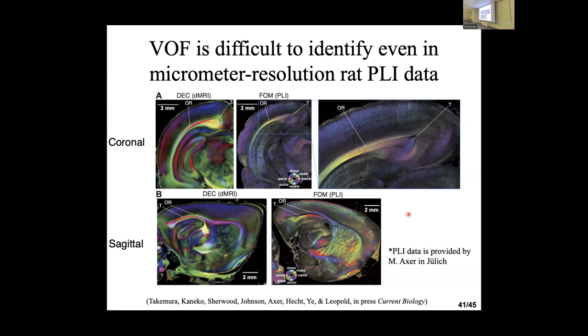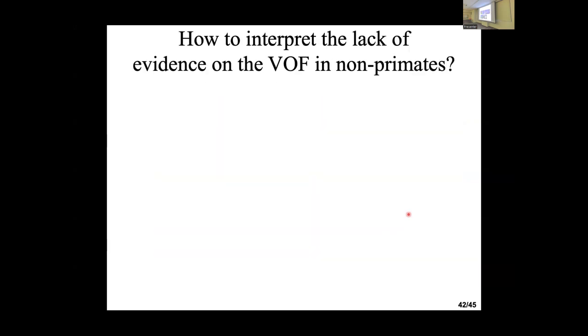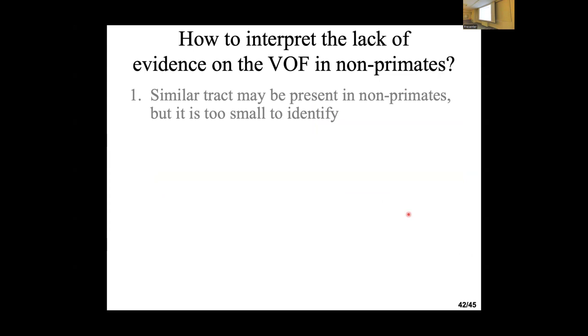But again, it's very difficult to find a prominent pathway traveling dorsal to ventral in the rat data. Still, we can't say it doesn't exist. This is 1.5 micrometer pixel resolution, even pushing the limit. So we couldn't reach the level to identify a similar pathway as clearly as we can see in many of the primate data at much coarser resolution. So that's one reason I can't rule this out, but we are starting to think it's relatively less likely.